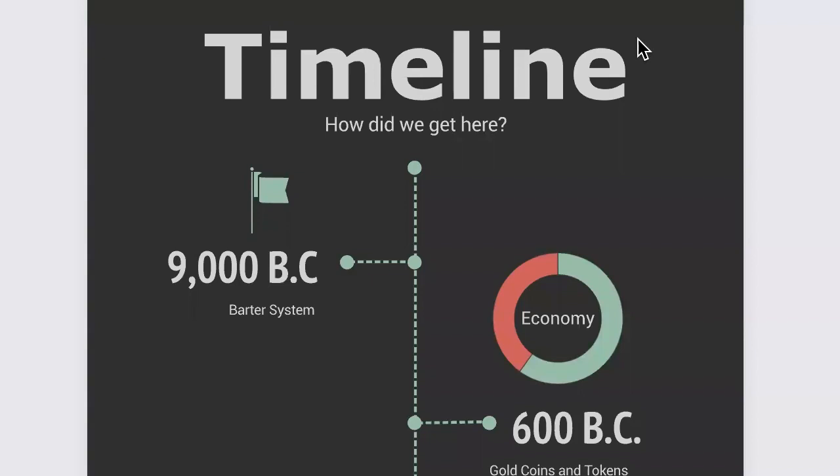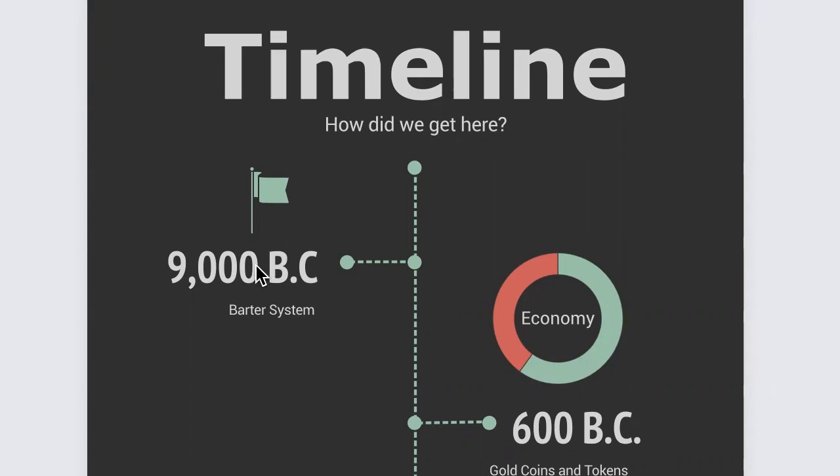Okay, welcome back, everybody. Before we dive right into cryptocurrencies, before we dive right into blockchains and that entire space, I think it's really important to understand how we got here, how we got to the economy that we have today. So, we're going to walk through a quick timeline of money just so everybody's on the same page about how we got here and then why cryptocurrencies are so important going into the future. So, let's jump right into it.